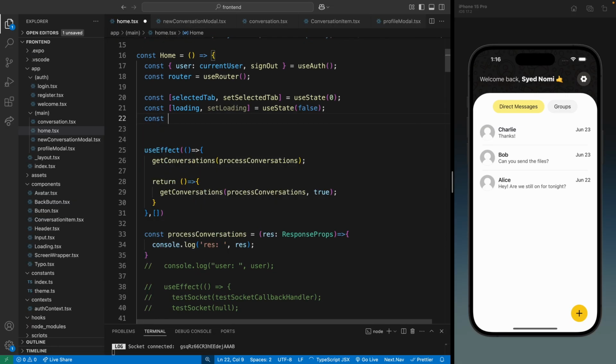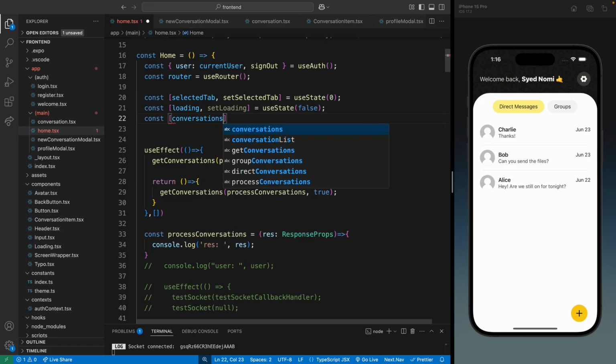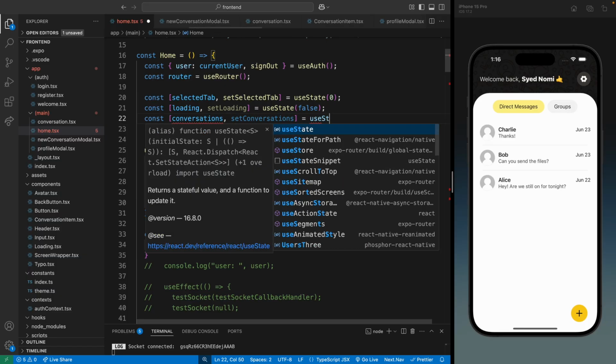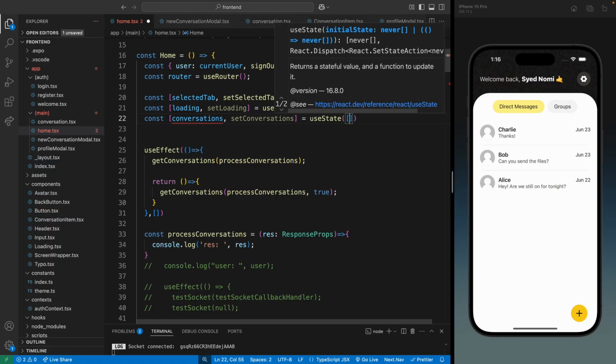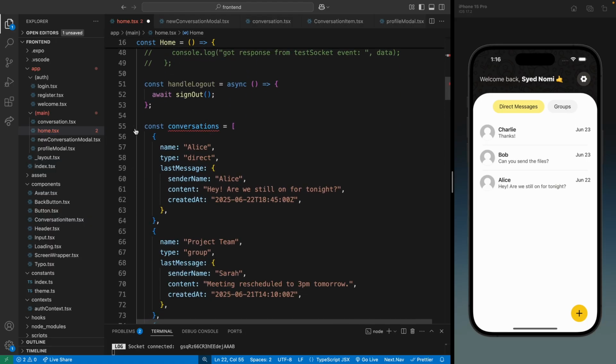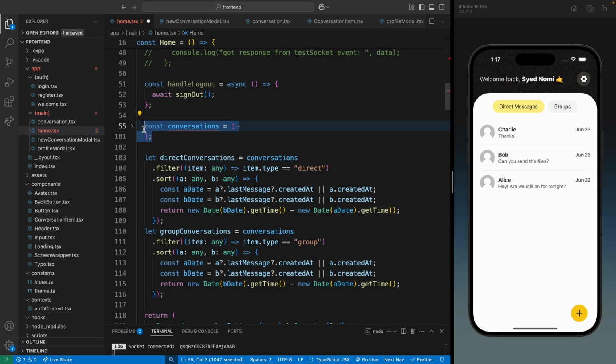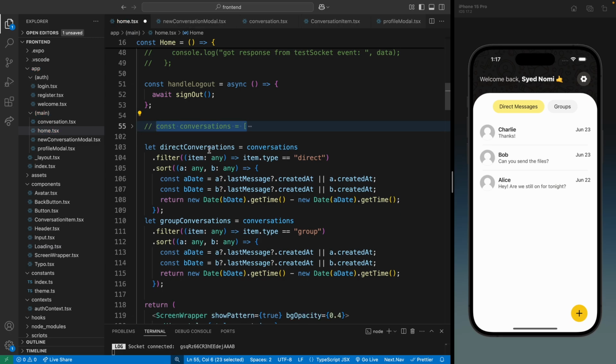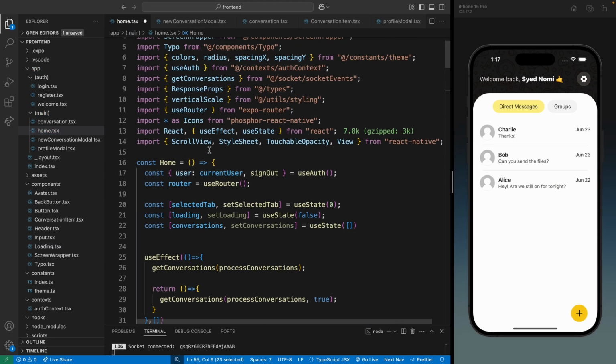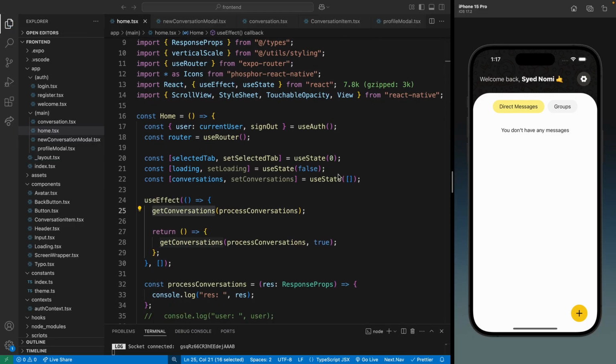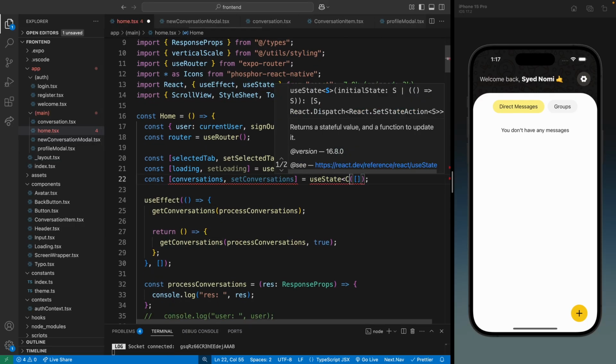Now I'm gonna add the conversation state to store all the data. By default, this will be an empty array, and the error that we're getting is because we already declared this dummy data. So let me just comment this like this. So now I'm gonna add a proper type for this state. So let me just import the ConversationProps